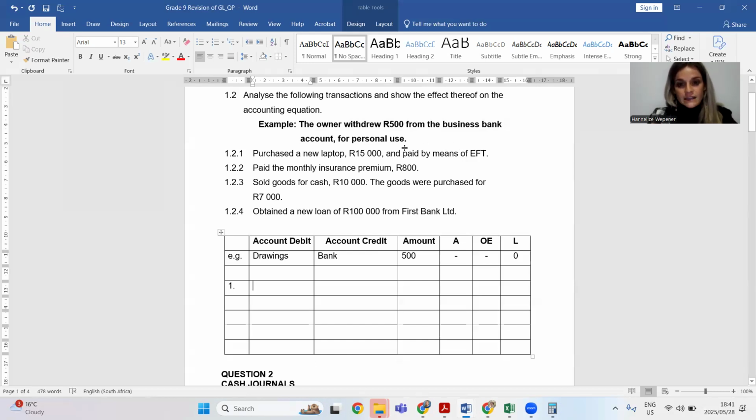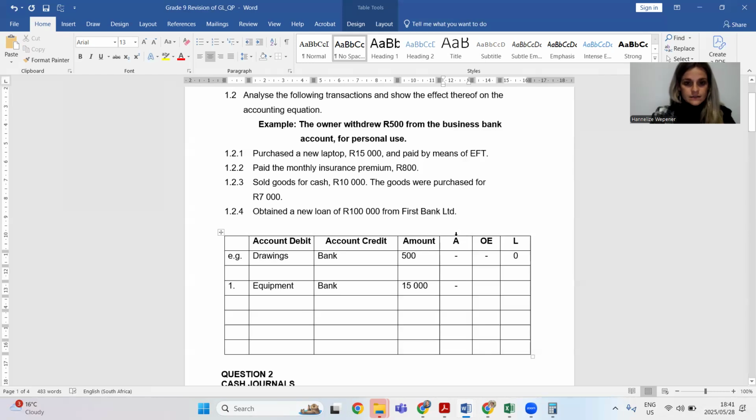So we paid, therefore we have less money. Okay, so we have more equipment. More equipment and we have less money. The amount that we paid was 15,000 Rand. So I have less money,